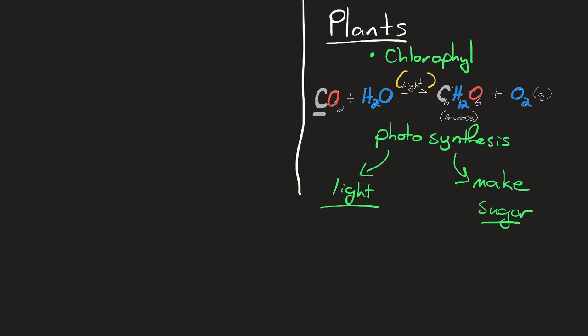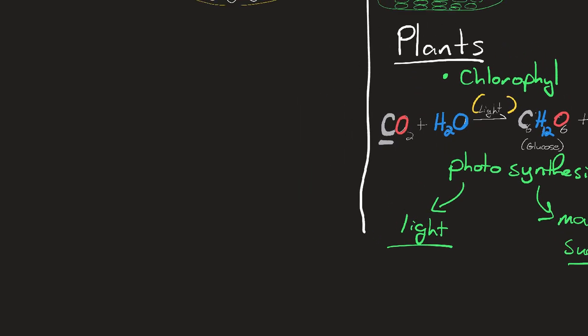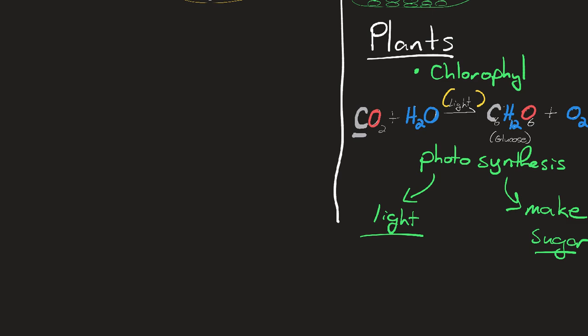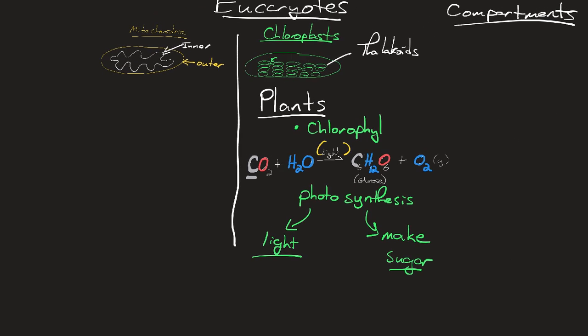But that's photosynthesis. Now, interestingly, if you do the opposite in a mitochondria, you take oxygen. This is what we do. We only do this. Plants do both of these, by the way. Let's be clear. Plants do both. A lot of people think plants need carbon dioxide, and they don't need oxygen. No, they need both. But the reason they don't need any extra oxygen is because what? Why don't they need any extra oxygen?